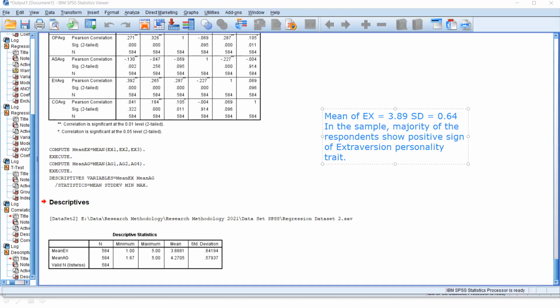Or it can say the majority of the respondents agree that they are having the extraversion personality trait. Okay, so that is the way you can express the mean value of your independent and dependent variable.